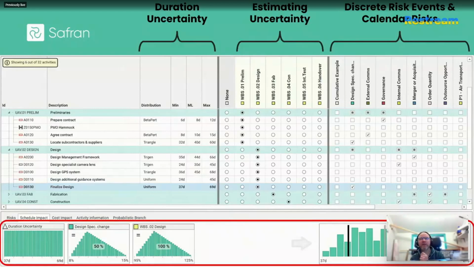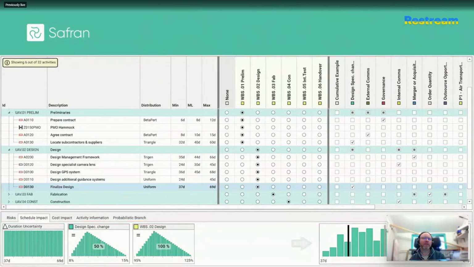So it's a very useful real-time feedback tool for your risk workshops as you toggle on and off different risk mappings. But hopefully you can appreciate from this screenshot how easy it is to map a particular work package or WBS, the history, the actuals that you've already got, and then map those to this latest project's equivalent WBS with just a single click on the parent node, and it will cascade that mapping down to all the child activities very quickly and easily. So you're technically not limited to just WBS. You could potentially reorganize the summary groupings of the schedule to something like supply chain partners or anything else that you can imagine, and then just repeat the exercise in a similar fashion.